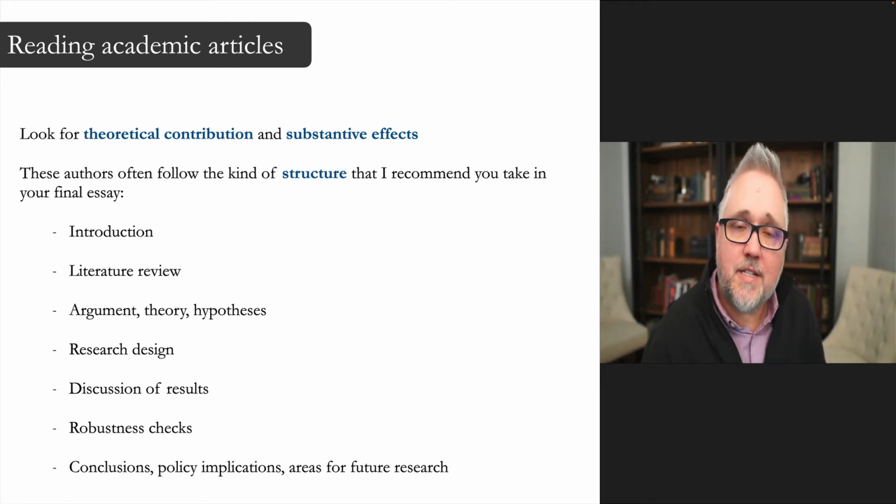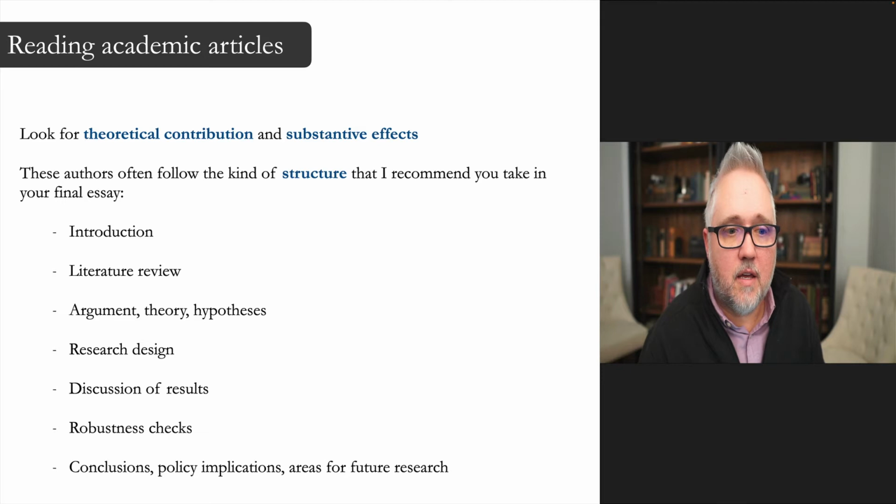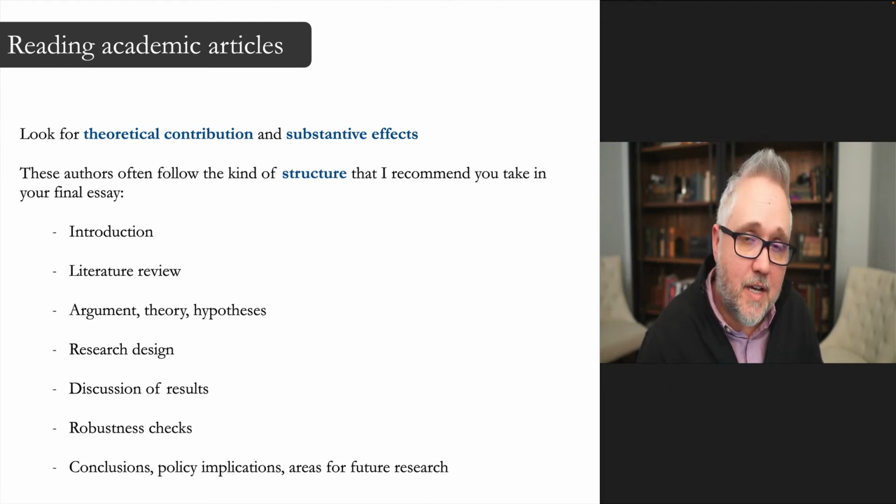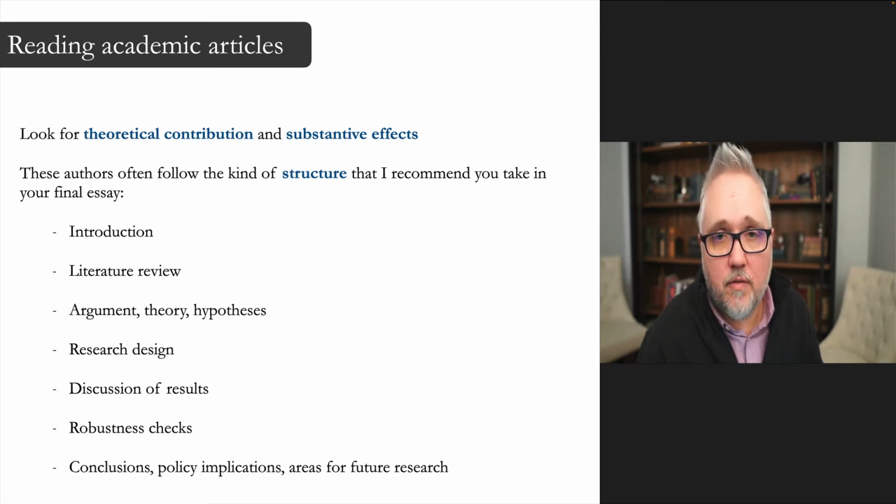As part of this class, I've also tried to integrate a number of practical pedagogical lessons and excuses for students to practice developing their skills through trying to read academic articles in an effective yet thorough way by looking for the theoretical contribution, how large the substantive effects are that they're talking about in their paper, and the structure that often our authors use in structuring their essays, from the introduction, literature review, the argument that